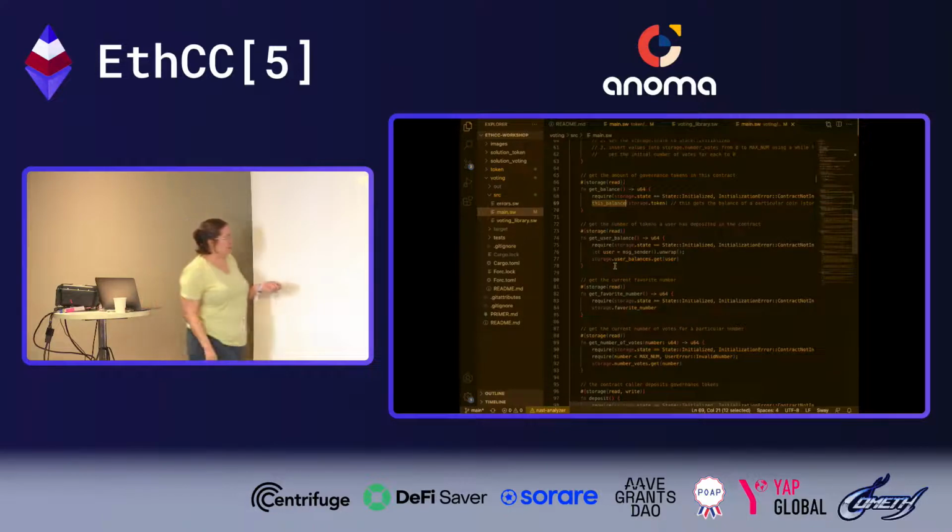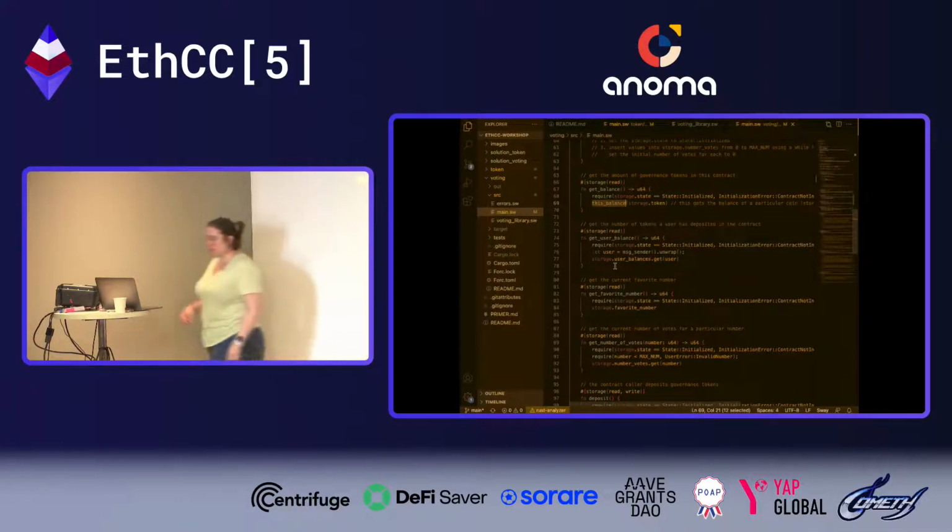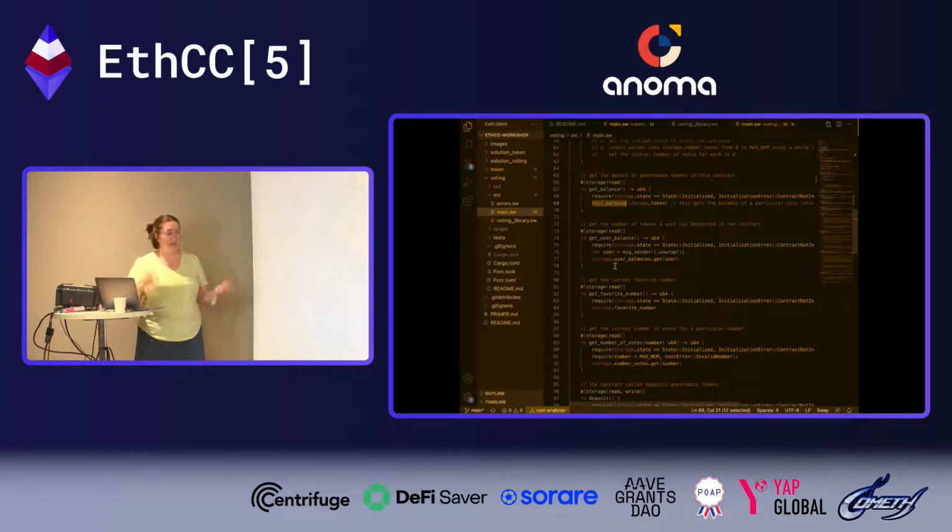So here we have another standard library function called message.sender. Message.sender will return the identity of the user or the contract or the address that's called the contract that we're in right now. So in our tests, when we run forc test, we can think of these like users with